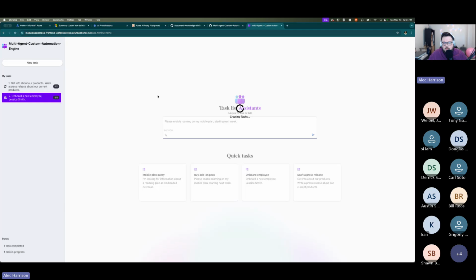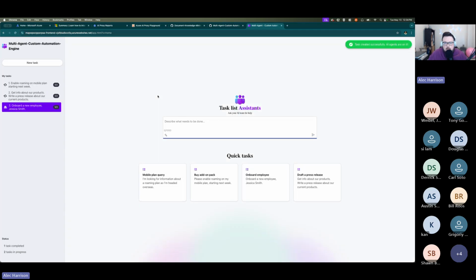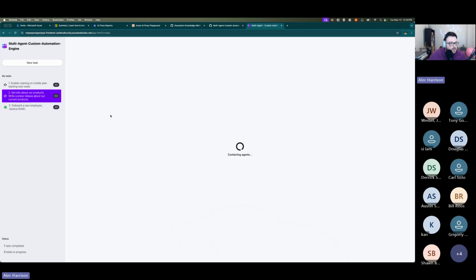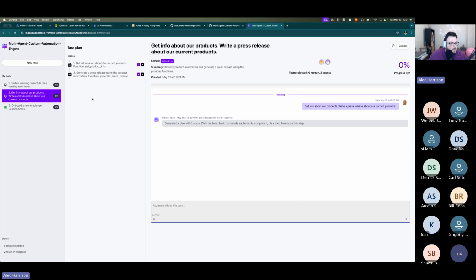What this is showing is how to do agent-to-agent communication, essentially. It's doing Semantic Kernel, but it has what's called a group chat agent. That's like your planner, who's basically the main orchestrator. And then you have a bunch of other custom-built agents underneath there. So your natural language question goes into essentially the orchestrator. The orchestrator then passes the request on to the agent's tool that it thinks best suits what it's being asked. So if we go into here, get info about our products, and then write a press release. We said, hey, go write a press release for us.